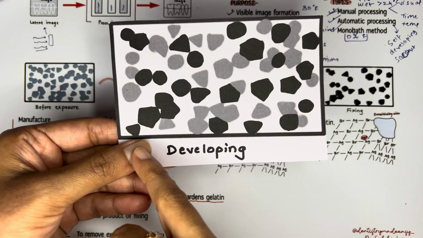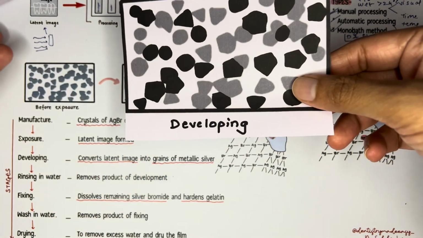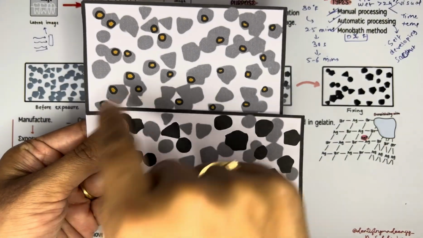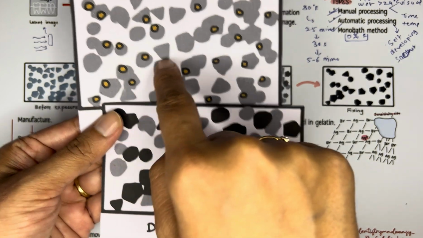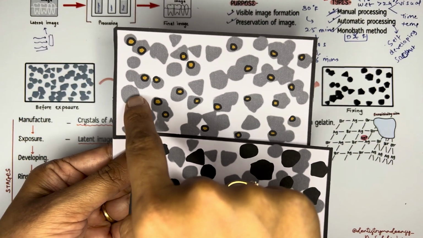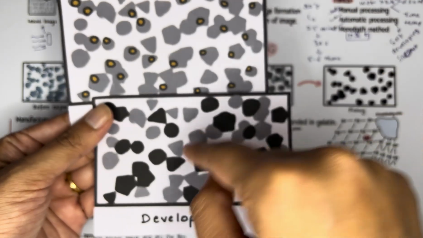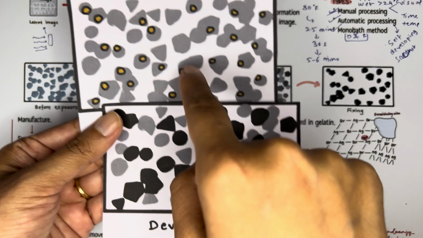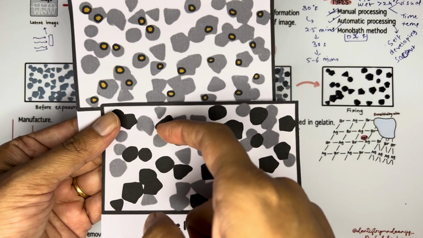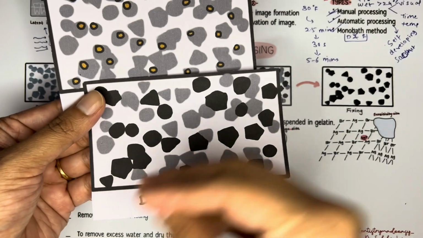This diagnostic image formation should be restricted to the crystals which contain only the latent image. I'll show you over here. You can see which crystals contain this latent image. This particular crystal is containing the latent image, and when you go through the developing, only those get reduced into the metallic silver. This particular crystal does not have the latent image, so it is not getting reduced. Basically, only the latent image sites should be reduced to the metallic silver. Why? Because if all the crystals get converted, or reduced, that will lead to the chemical fog, and that will reduce the quality of the